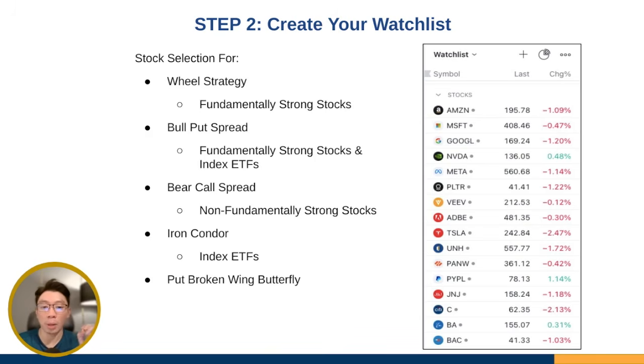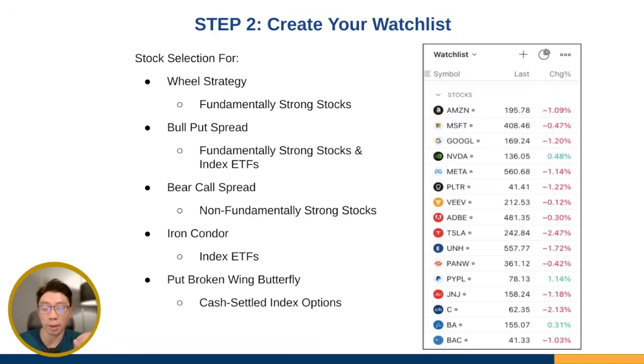Now, finally, what about the put broken wing butterfly? What kind of underlying should you choose to trade the put broken wing butterfly? For the put broken wing butterfly, I would suggest to trade the cash settled index options because this is a pretty slow spread, and at times you can actually hold all the way to expiration. Now I know some people would prefer to cut it out at 50% or 25%. This really is up to you, right? You can definitely do that, but I think that the cash settled index options would be a good way to